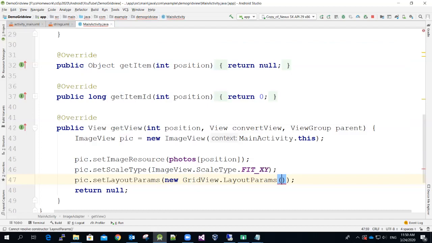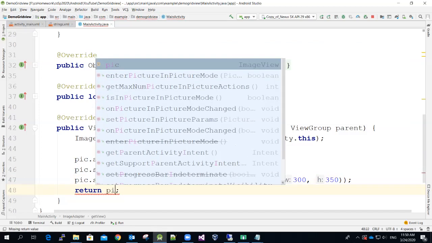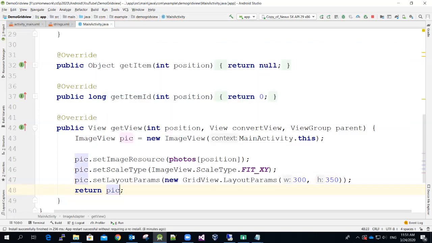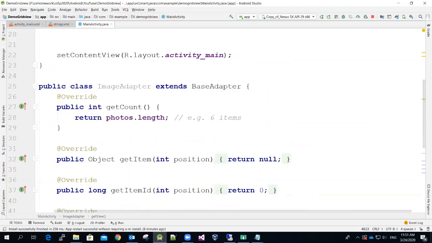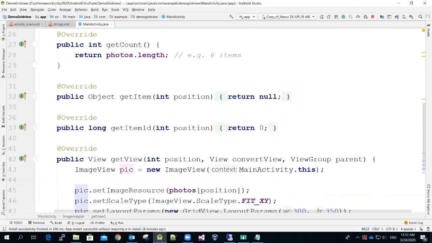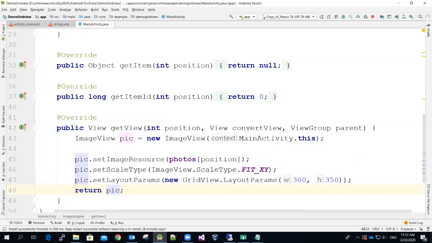We want to set the width to 300 and then the height to 350. All right, once we have all that set up, we can return the picture. So this is how to use your own image adapter